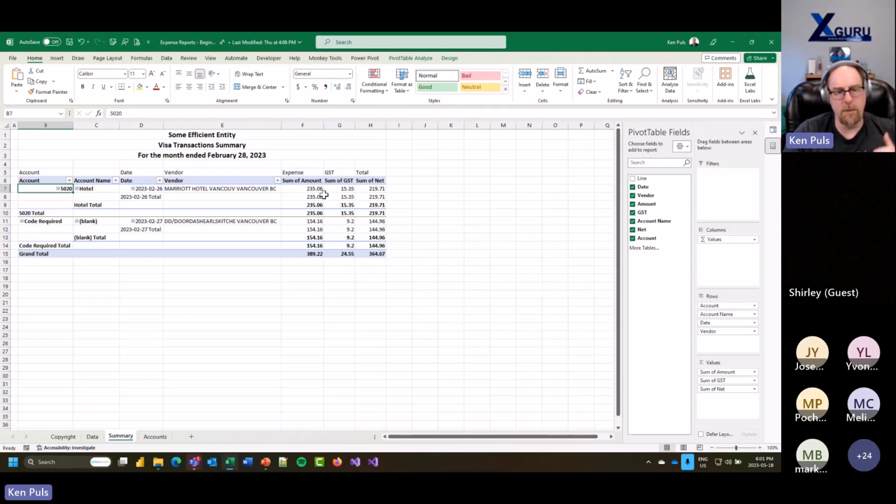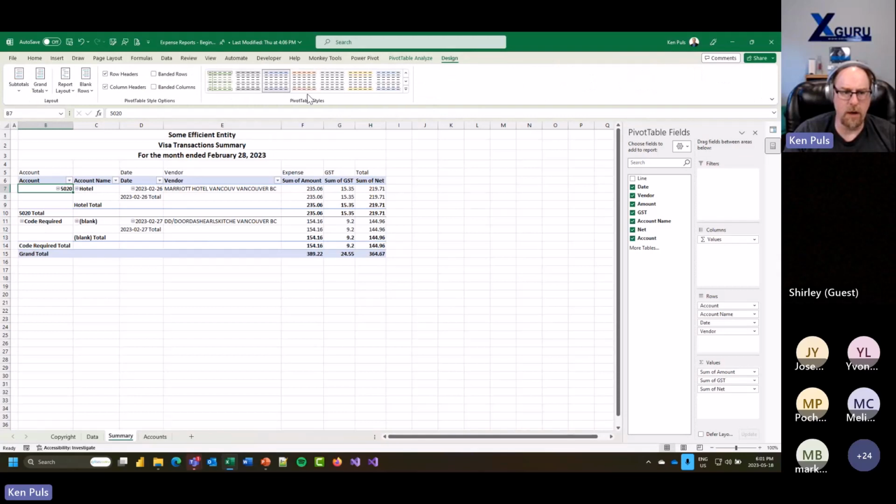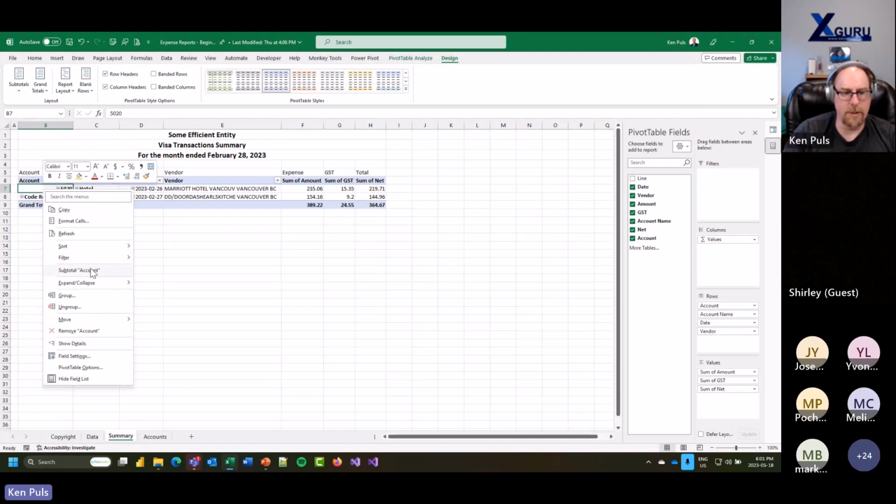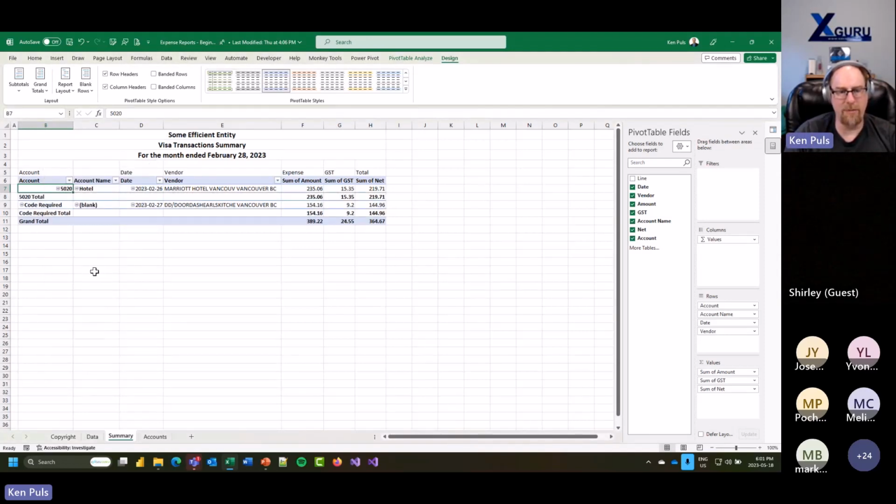So what I'm going to do is start changing the format of this one a little bit. We're going to go to design. I do want subtotals on my account codes, but I don't want subtotals on the account name or the date. So I'm going to turn my subtotals off on the pivot table completely. So we'll just do not show. And then I can come back to the account, right click and subtotal just the account. Okay, now I've only got one line item for each thing here, so it kind of looks a little bit bloated, but trust me on this,